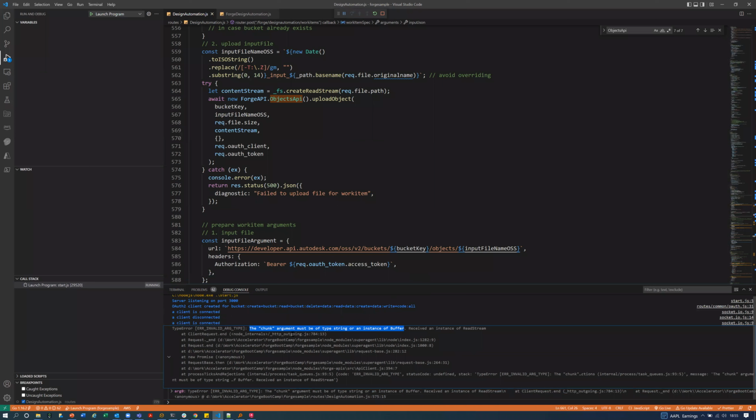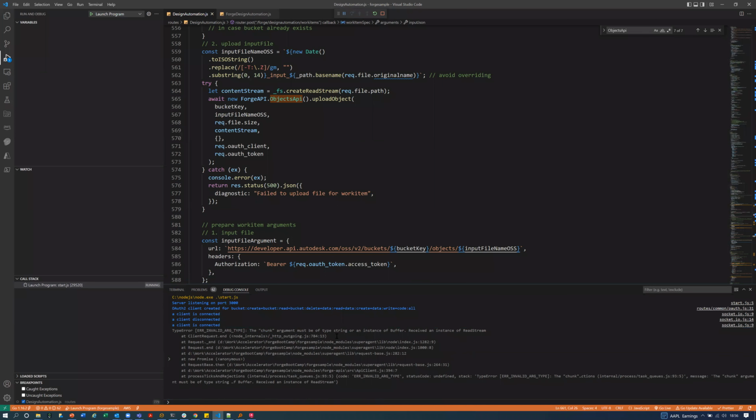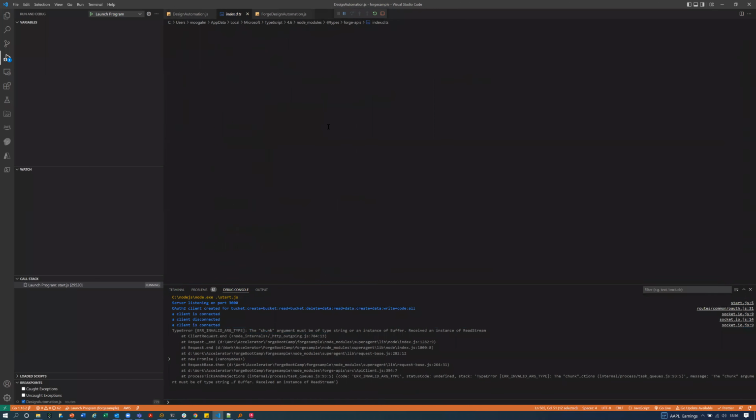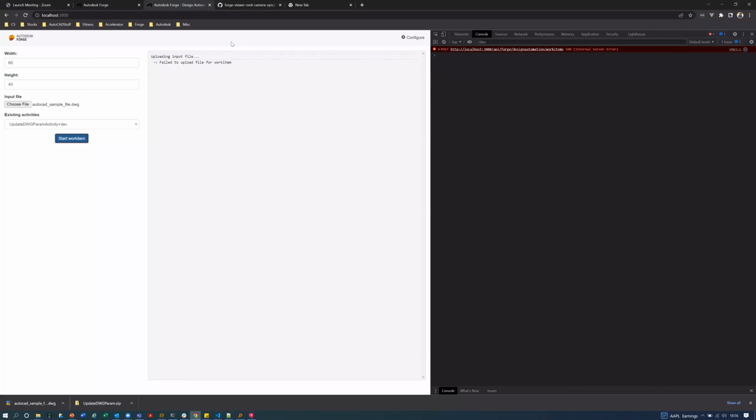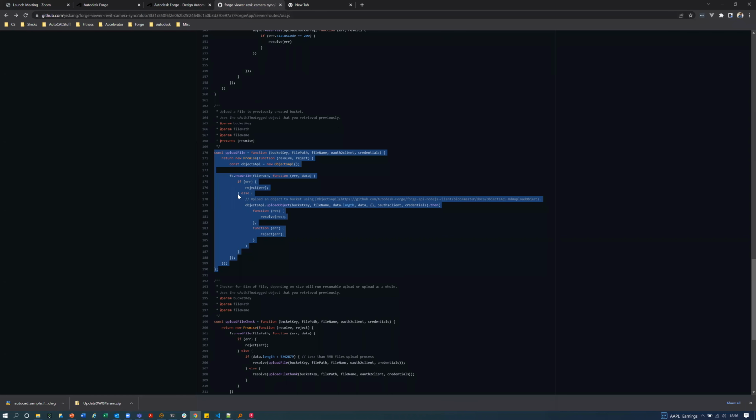I don't know whether the chunk must have a type of string instead of an upload object. Let's see. On GitHub we need to use